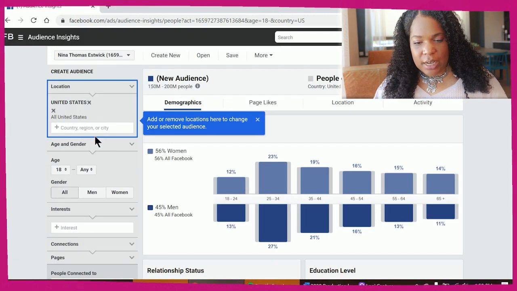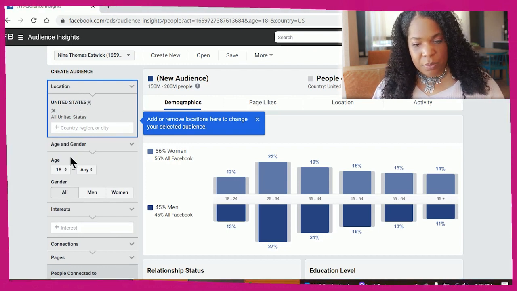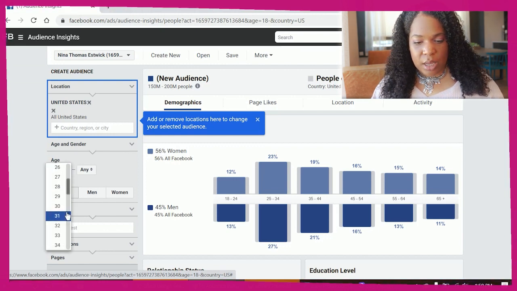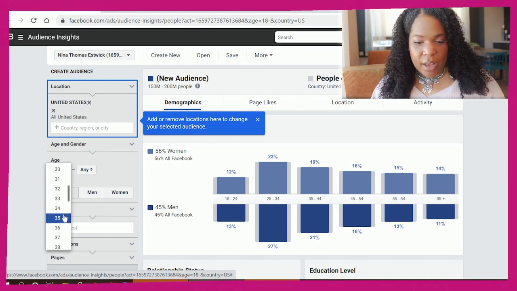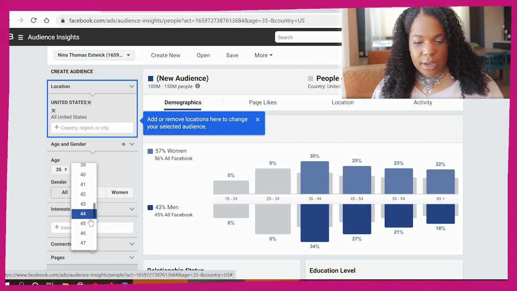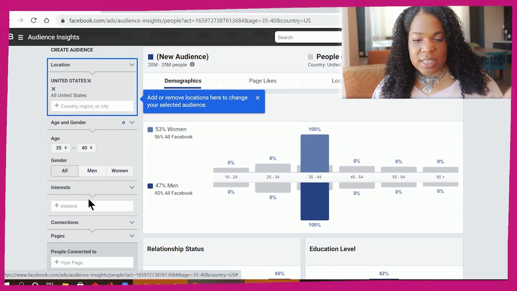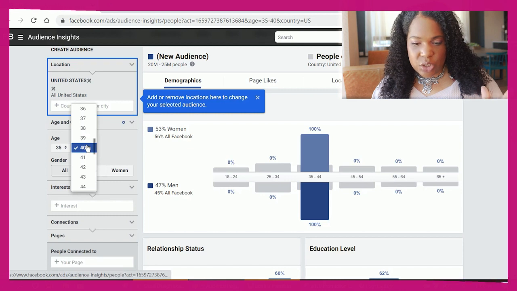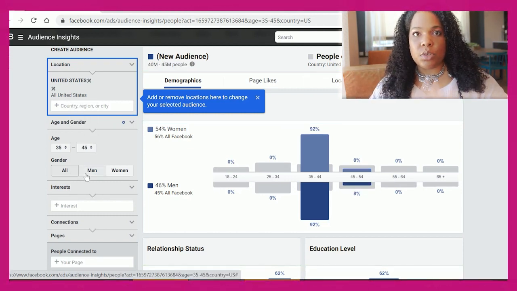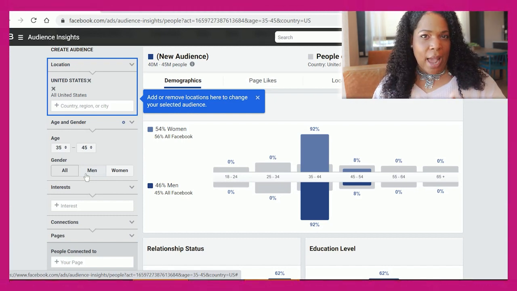If you look on the left side here, you'll see that you can put in their location. And then remember, we want to be specific when we're narrowing down who we're talking to. So I'm going to go ahead and put in the client profile that I believe I'm aiming for. And remember, in our example, let's act like we're a makeup artist. So I'm gonna click on, let's say 35 to 40. I never suggest you go over 10 years. Make it a 10-year span because if you're going outside of that, it's not gonna give very accurate data.